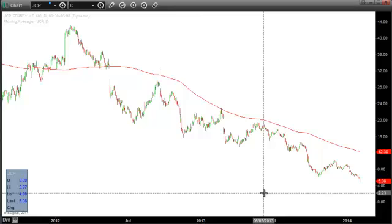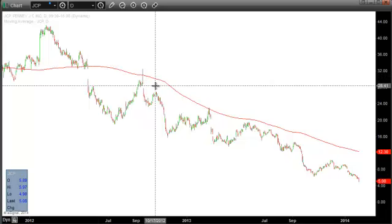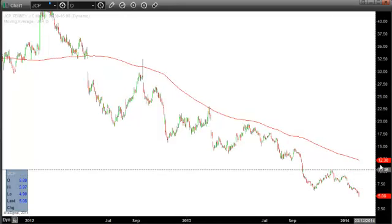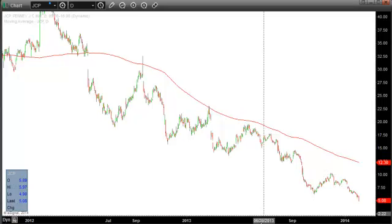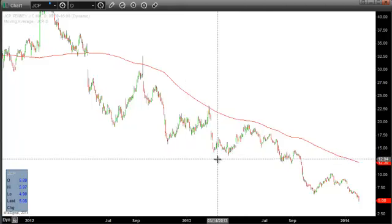Not all moving averages work the same for every stock, obviously, just like we all have different size shoes and different personalities. Every stock has its own things as well. But in this case, JC Penney, ever since it broke below its 200-day moving average in May 2012, that area has held as resistance and in a big way. Now, it's important to understand that you can trade against the trend, right? And there have been support areas that have made sense to buy the stock for a trade. But a lot of people, when they try to trade against the trend, quickly forget what their time frame is, what the time frame is that they feel most comfortable